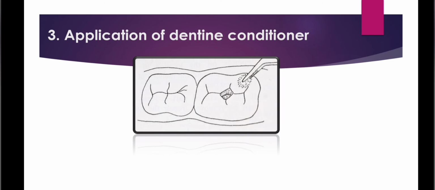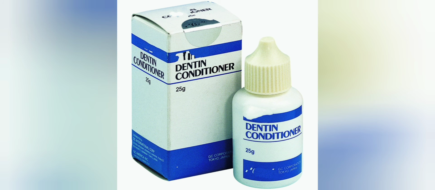Prepared cavity is now conditioned. In order to improve the chemical bonding of GIC to the tooth structure, cavity walls must be very clean. It is done using a chemical solvent. Dentine conditioner is a 10% solution of polyacrylic acid. Apply 1 drop of conditioner on a pad or a slab. Dip a cotton wool pellet in the drop and clean the entire cavity and adjacent fissures for 10 to 15 seconds. Hold the cotton pellet with a pair of tweezers. The cavity is conditioned, washed and dried.